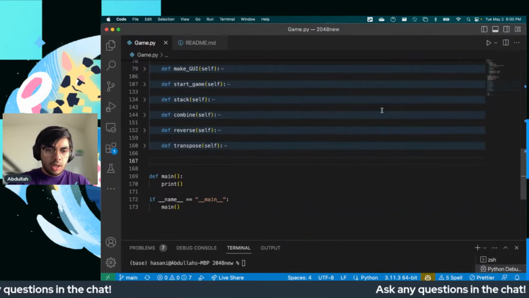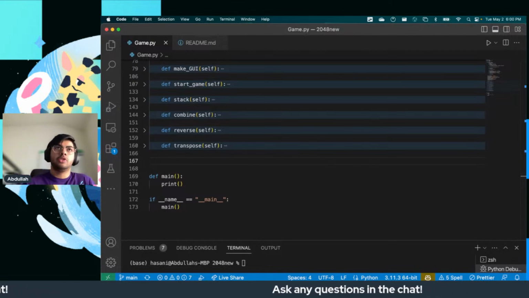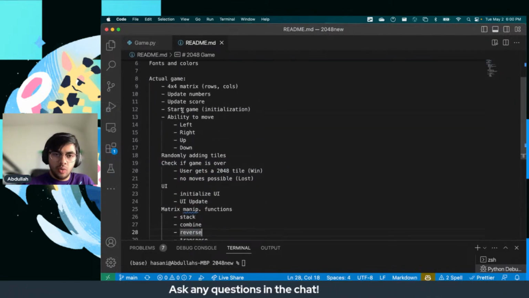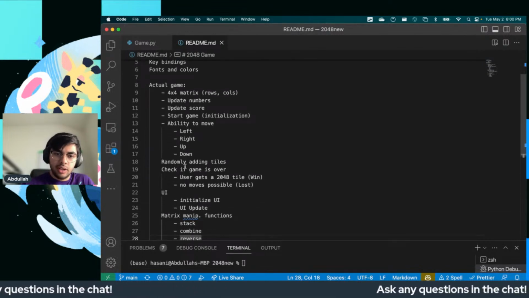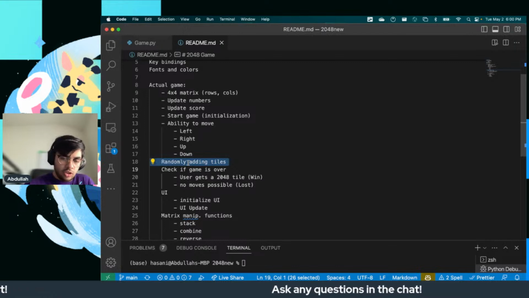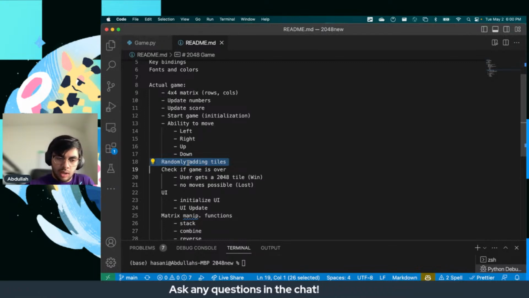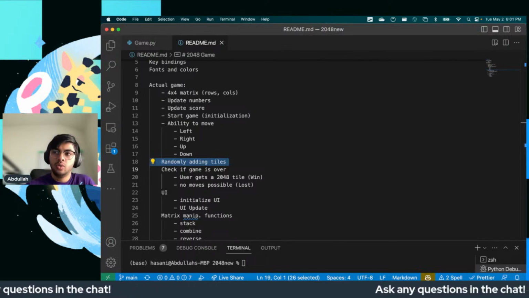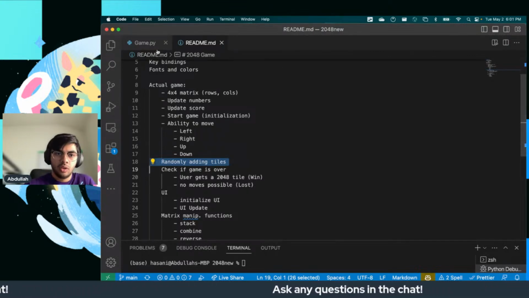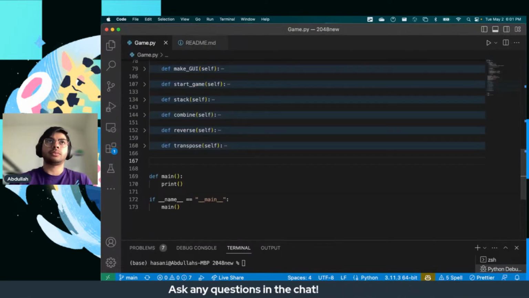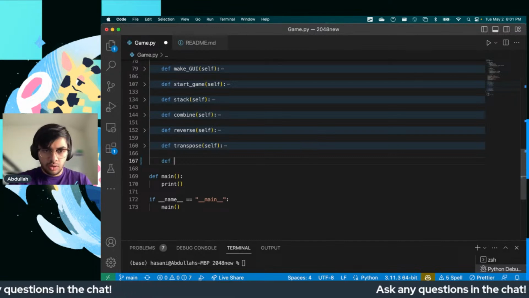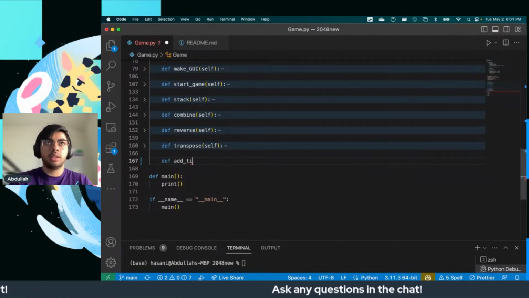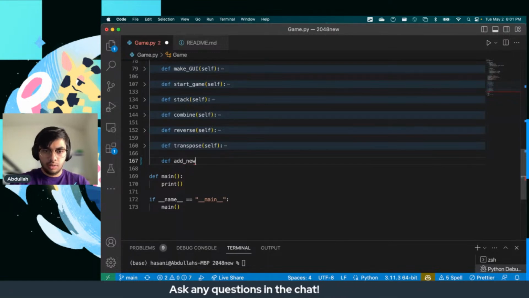Okay. Now that we've done all of these matrix manipulation functions, something we need to do is check if we're able to actually add tiles, right? So we need to randomly add tiles during the game as well. So just wherever there is space, add a tile that is either the tile 2 or the tile 4. So for this one, it would be a pretty simple function. So add a tile, let's say add new tile,